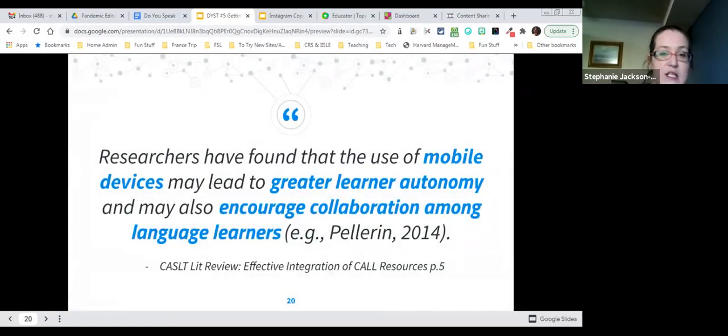One of the benefits of using specifically mobile devices in the classroom is that it helps encourage both learner autonomy and collaboration among learners. So it's interesting that it can kind of get at both sides of that coin. So social media by nature is a collaborative experience. And so by bringing it into your classroom, you're not only bringing that outside world in, but you're also providing opportunities for students to bring that learning home with them, like literally in their pockets. And that's encouraging more self-directed language learning, right?